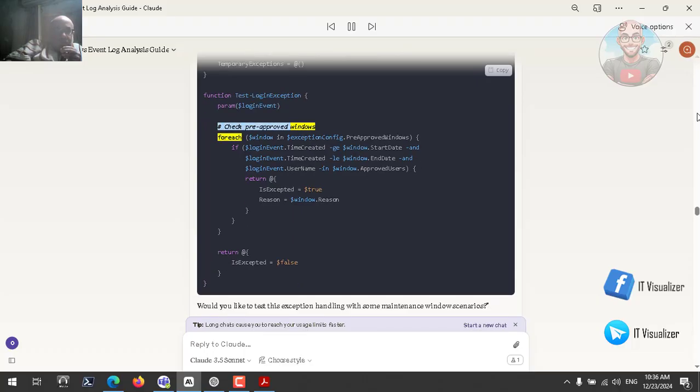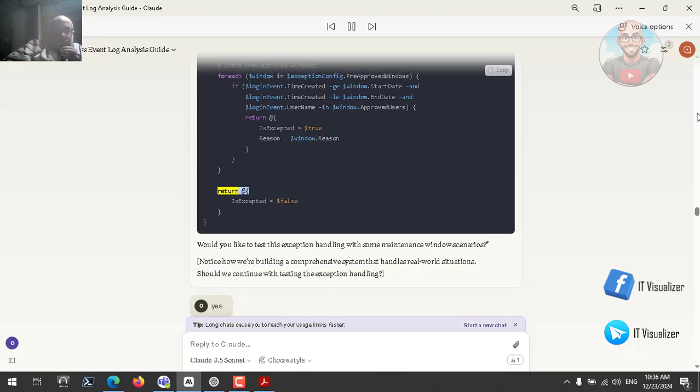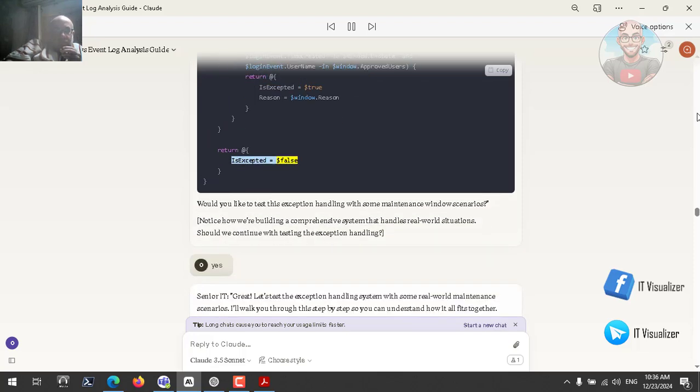# Check pre-approved windows. foreach ($window in $exceptionConfig.PreApprovedWindows) { if ($loginEvent.TimeCreated -ge $window.StartDate -and $loginEvent.TimeCreated -le $window.EndDate -and $loginEvent.Username -in $window.ApprovedUsers) { return @{ IsAccepted = $true; Reason = $window.Reason } } } return @{ IsAccepted = $false }